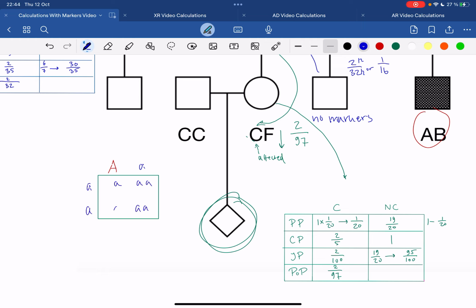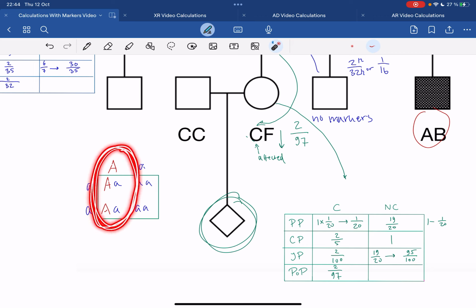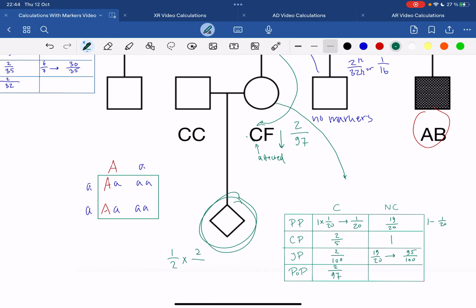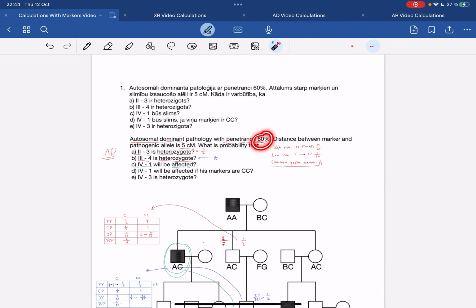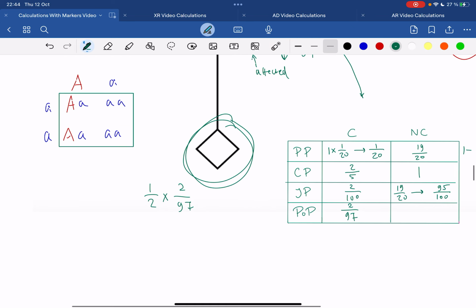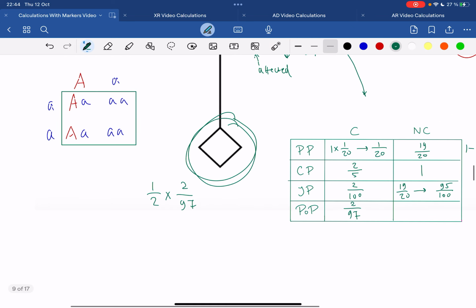So in order for the child to be affected, he needs to be getting one of these unhealthy alleles, which is 1 in 2, times the chance for this mother to actually be this phenotype, which is 2 out of 97. And then even if this child gets this phenotype, there's still a chance that he skips the penetrance. So we have to write in the penetrance there. So that would be, let's actually write it in here, 3 over 5. And that is equal to